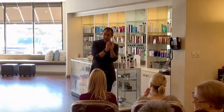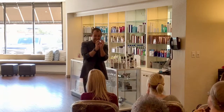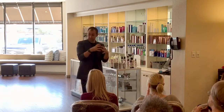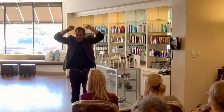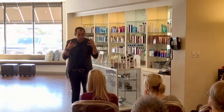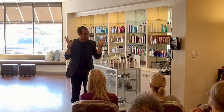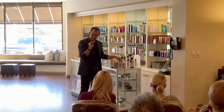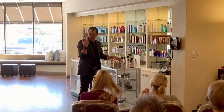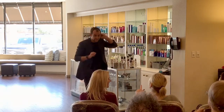So what it does is it surrounds your hair in a 3D mesh of carbohydrate, which just fattens up your hair. So you can do anything from a little old lady blow dry to a young girl with a cool bob. You just put this in, boom, but it's not sticky, and it leaves great shine. There's nothing dulling in it whatsoever, or crunchy or sticky. It's awesome. Would you put that on the roots, or would you just put it